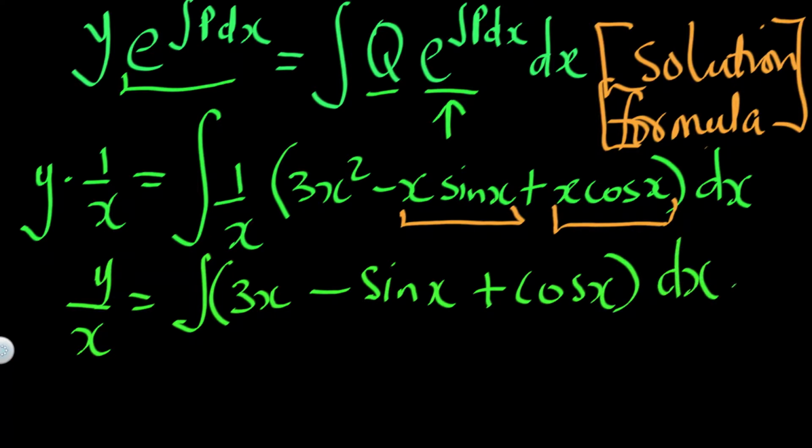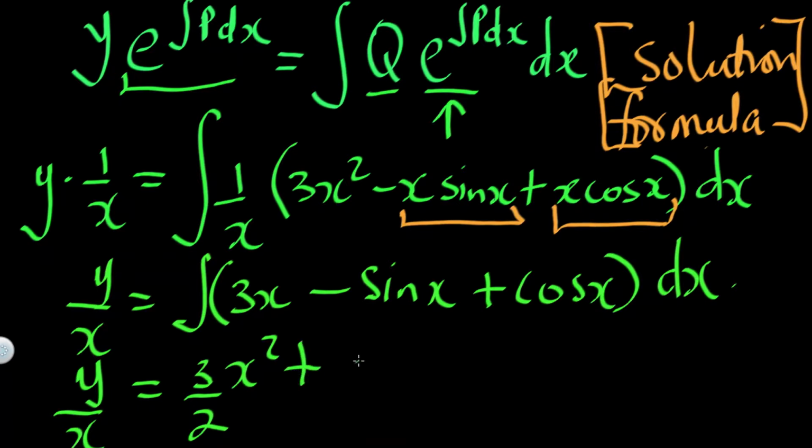Now everything that we have to integrate is quite straightforward, and we can do that. So this is now y over x. If we integrate 3x, we get 3x squared over 2. If we integrate minus sine x, we get plus cos x. And if we integrate cos x, we get plus sine x